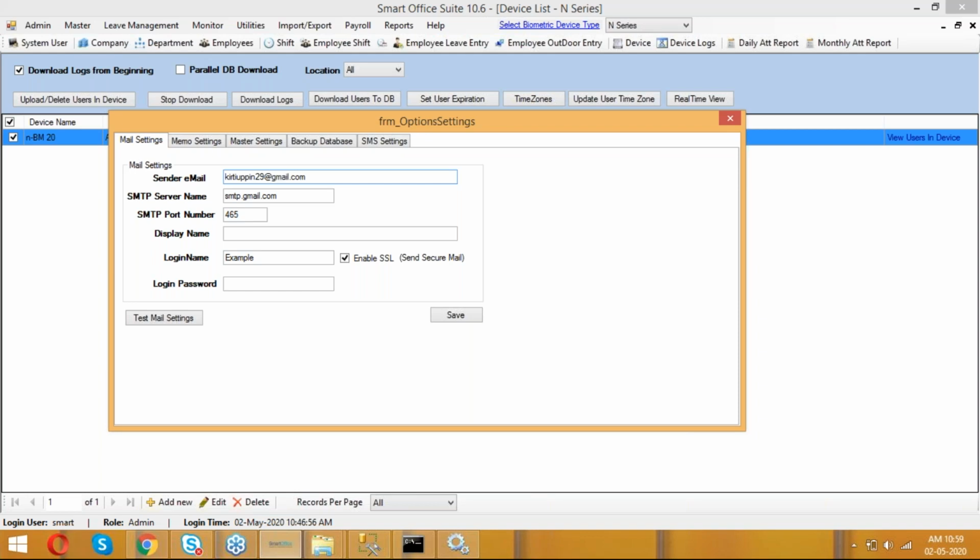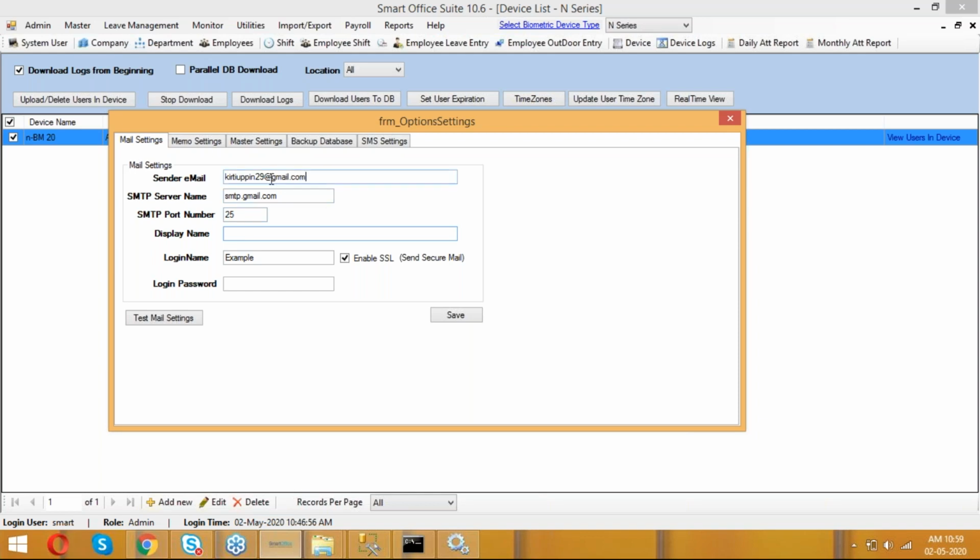This is the mail id I'm giving here, and you have to give the SMTP server name and the SMTP port number. The SMTP port number will be 25, 465 or 587. These are the three default SMTP port numbers. First check with 25. Then give the name it should display when you receive the mail.